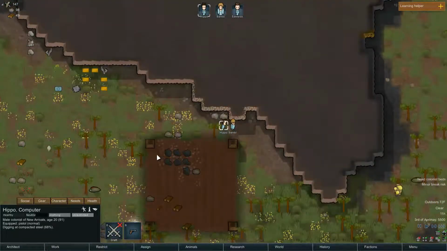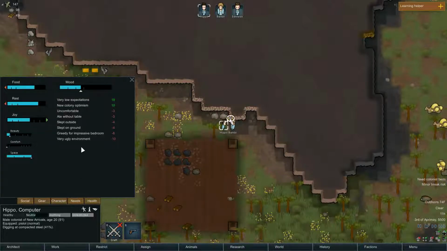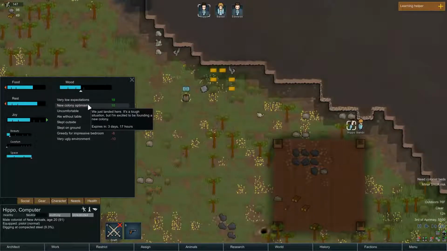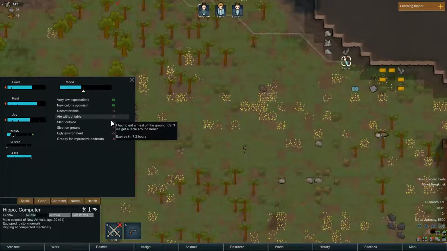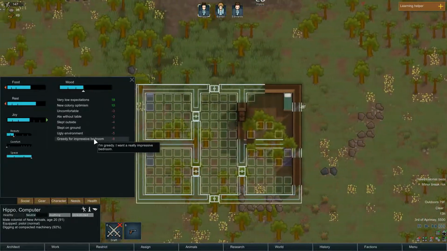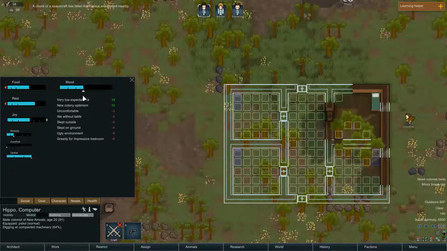And now you see we've already got a minor break risk. What that means, and this is the thing I'll be dealing with the entire playthrough, is everyone's got needs of how happy they are. They have low expectations, they're optimistic about the new colony, but they're uncomfortable: ate without a table, slept outside, slept on the ground, ugly environment, and greedy for the most impressive bedroom. So you have all these things, and when someone gets unhappy enough,